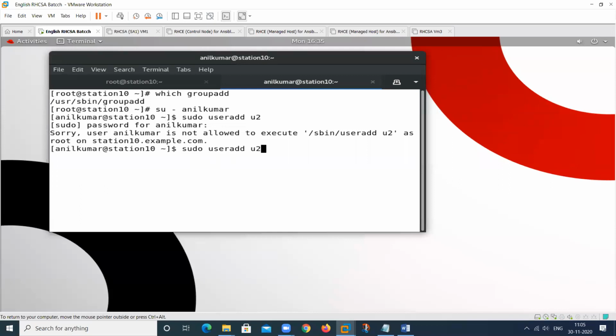Suppose I use this particular command and give the name here for the group, and type the password again, so this command will work, because I provided permission only to create the group, not to use all the commands.